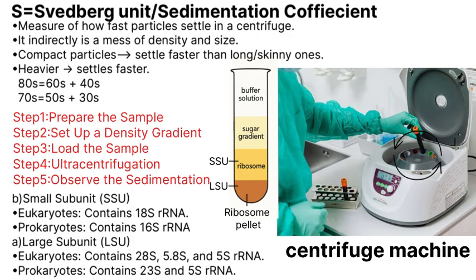The S stands for the Svedberg unit, or the sedimentation coefficient, which indirectly measures the density and size of how fast a particle sediments or settles down. Let's see how this indirect measurement actually works from a practical point of view. Imagine you have two balls, one a solid metal ball and the other a hollow plastic ball of the same size. When you throw a ball to your friend, you don't measure the ball's weight directly. You get an idea of how heavy or light it is by how far and fast you can throw it, or how hard it is to throw.